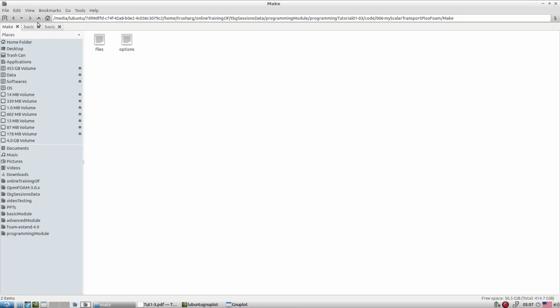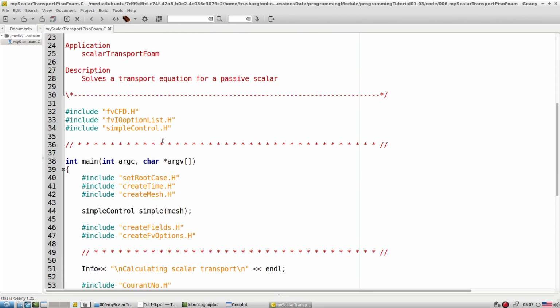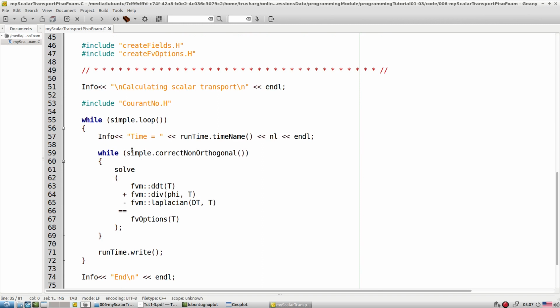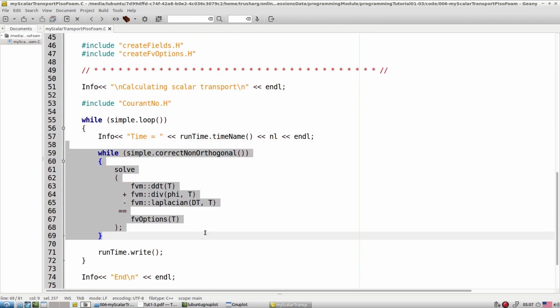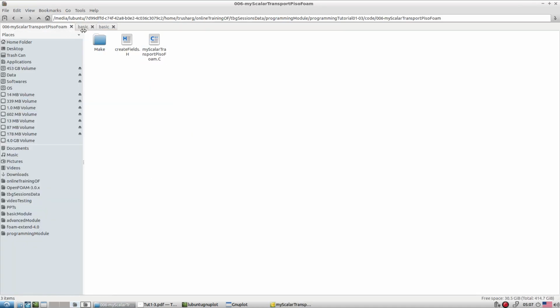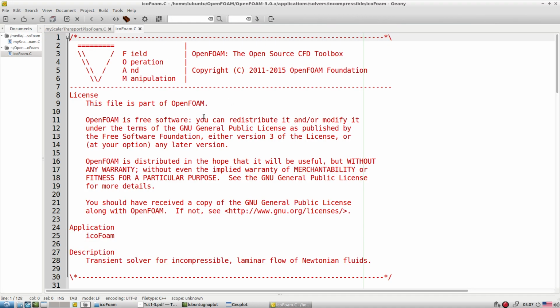So what is the difference? If you look here, we are reading the simple control, and we have a SIMPLE-based algorithm to solve that. In our case, we add the algorithm from the PISO base. So let's go to the incompressible icoFoam and open this area.